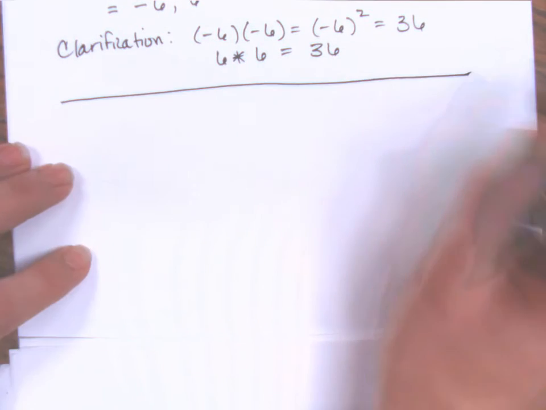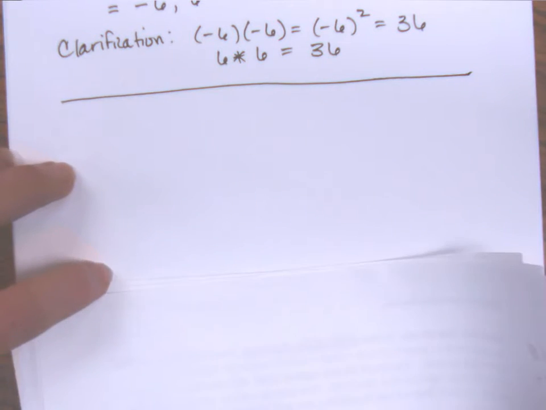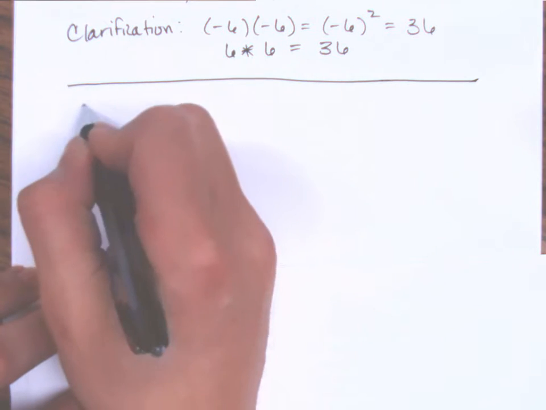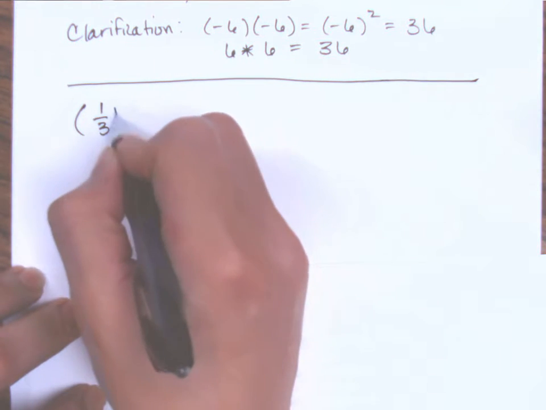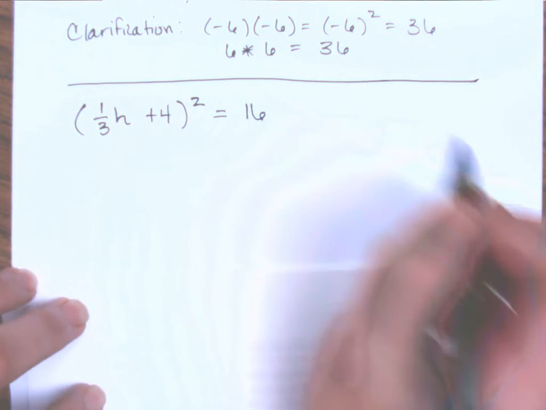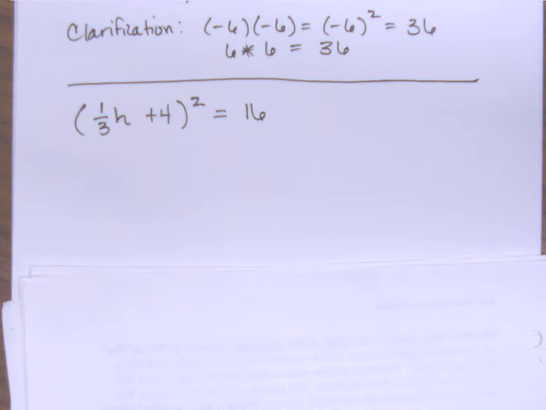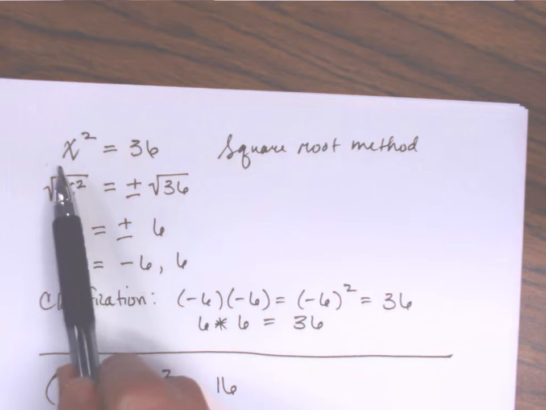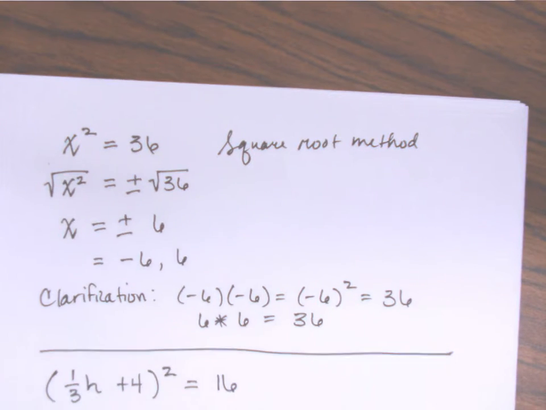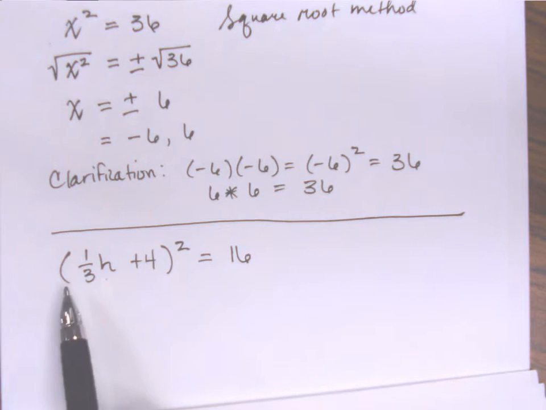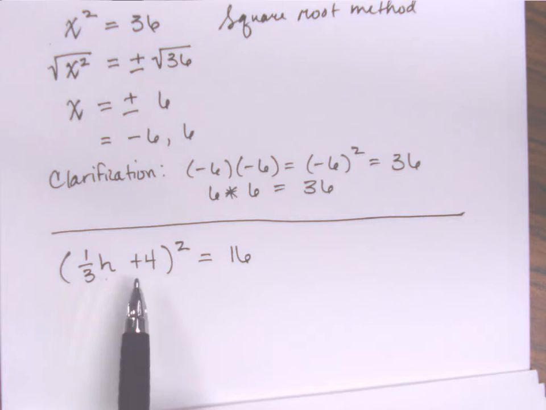So that one was pretty basic. We didn't have anything to do but the square root method. Let's look at one where there's some more steps involved. So let's say I'm given the equation 1/3 h plus 4 squared equals 16. Now, it doesn't look like this first problem that we did where we just had x squared. Here my variable is h, and I have it kind of trapped inside these two parentheses,